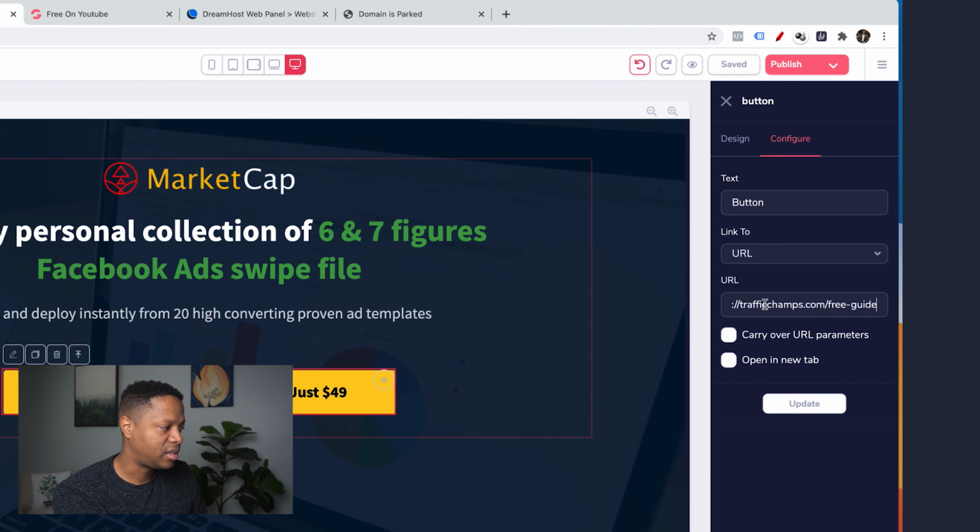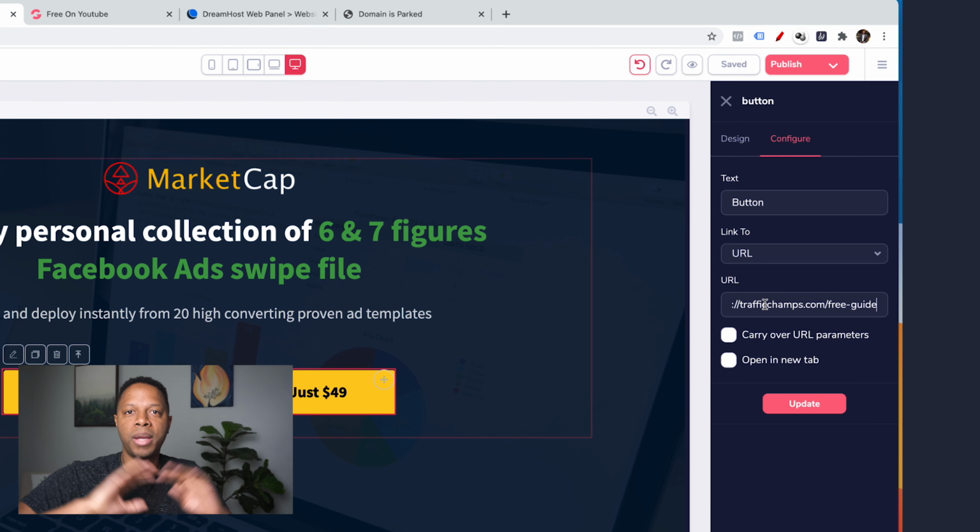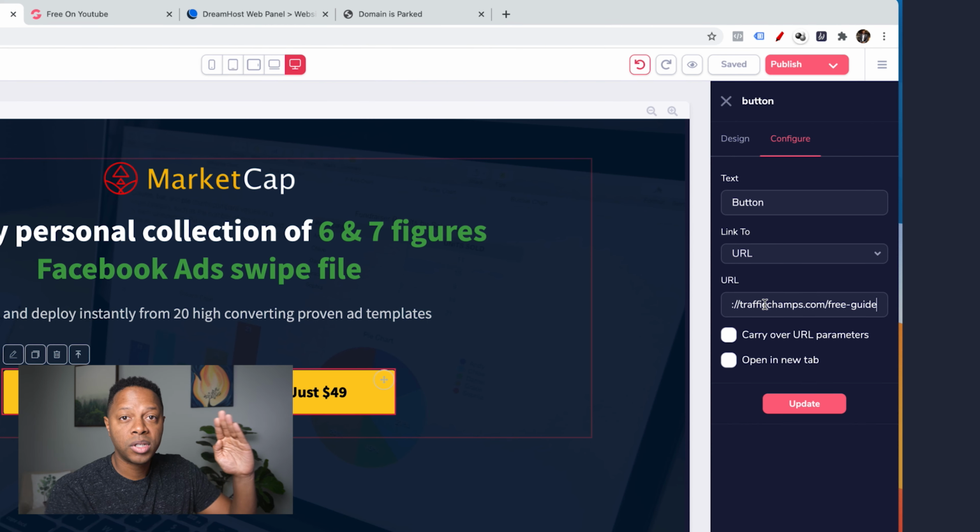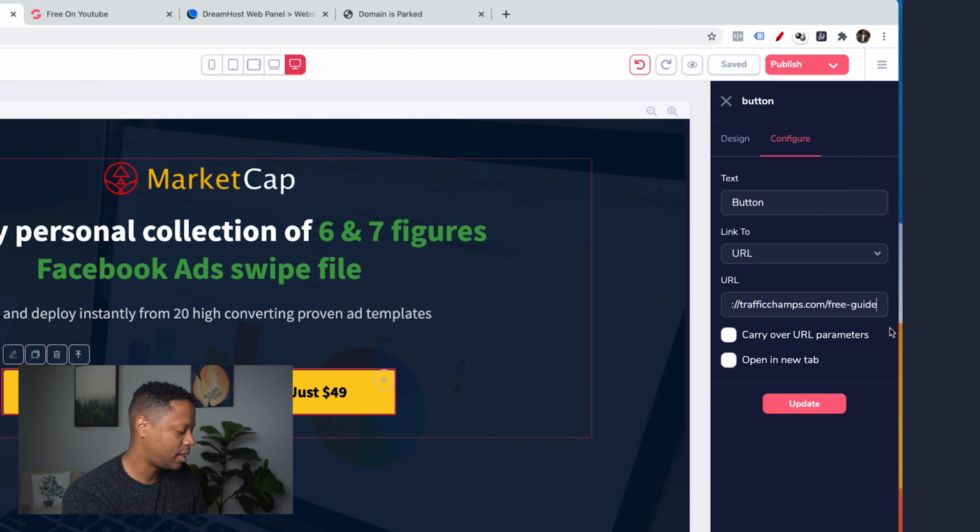I'm going to paste in the URL of the website domain /free guide, because that's the page that we're on. And then what I'm going to do after free guide is put a hash symbol, and then we will just call this YT form. And what that means is YouTube form, because I'm on YouTube and I'm showing you the form link. So once this is done, I will click update.